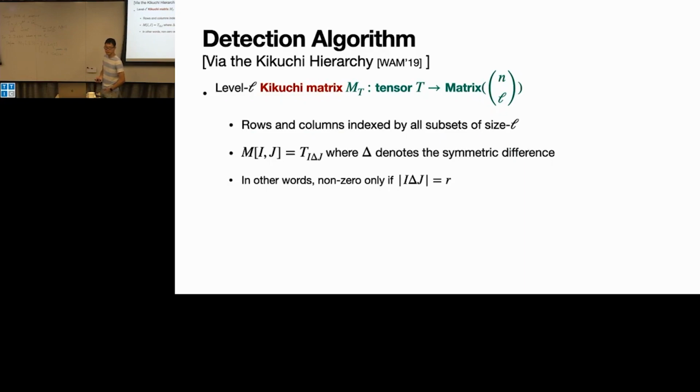Sorry, what's the rank of your tensor? The rank. So this is a matrix you can build for any tensor. But if you have a random tensor, it's going to be full rank with high probability. But this is a matrix you can build for rank 1 tensors. Rank, you probably mean dimension. Okay.